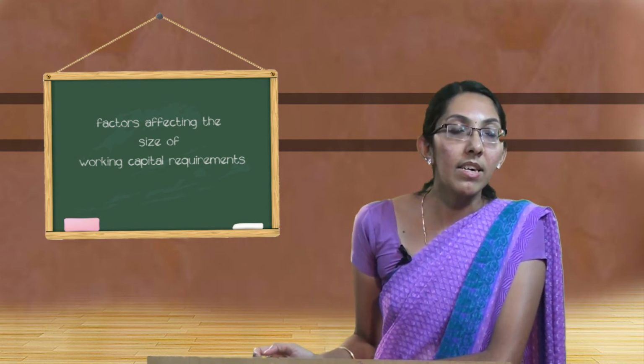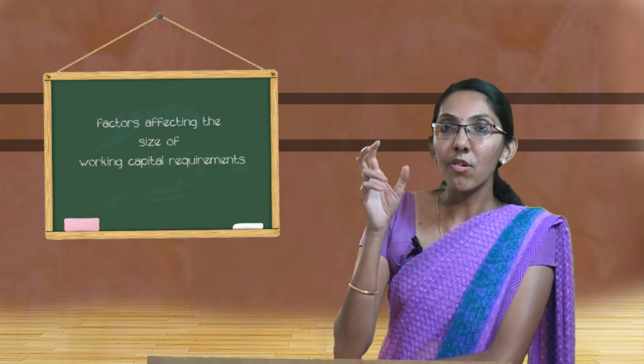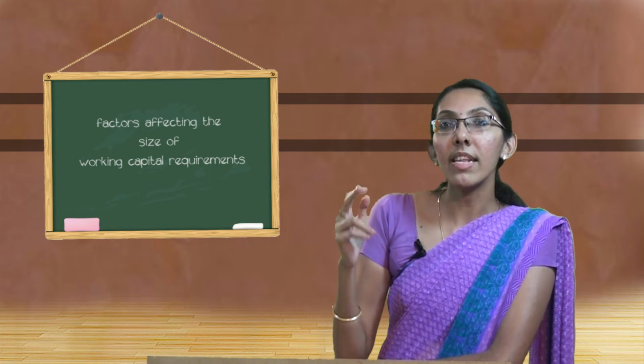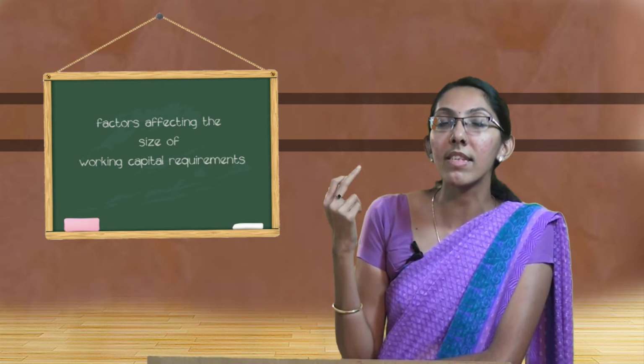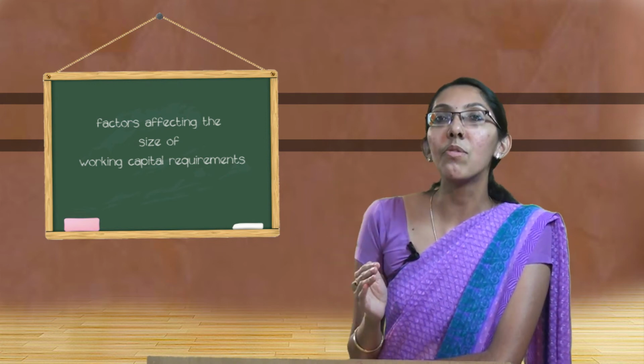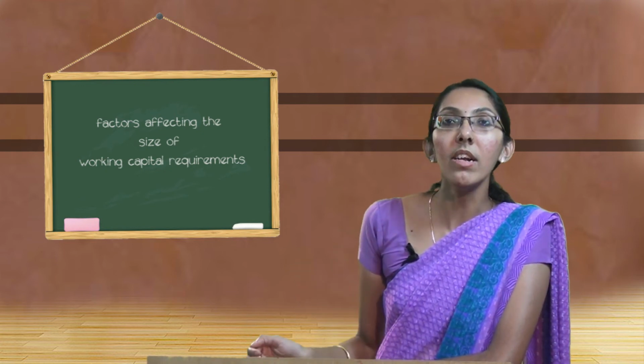The next factor to be considered is the credit policy. Credit policy here refers to the policy followed by the companies, whether we follow only the cash policy or a cash and credit policy at the time of selling the product. If we are selling the goods on both cash and credit basis, the working capital required increases because goods sold on credit take a little more time to convert the debtors into cash. Hence, the length of the operating cycle increases and thereby increases the working capital requirement. On the other hand, when we follow the cash basis for selling the goods, the finished goods are directly converted into cash, so the working capital reduces.